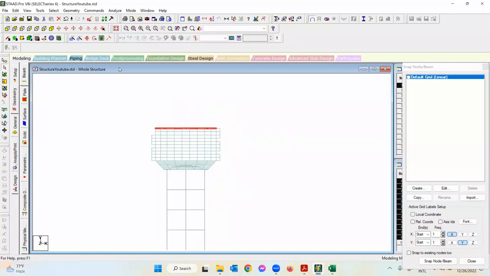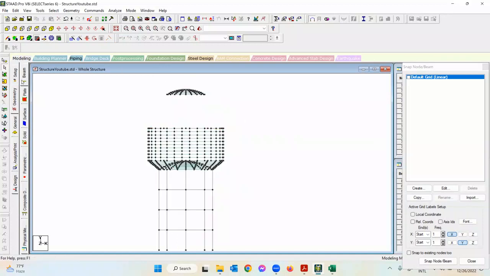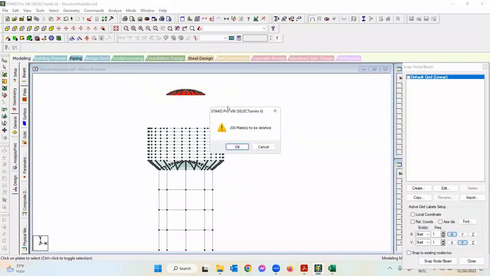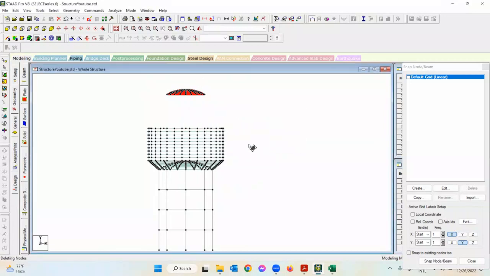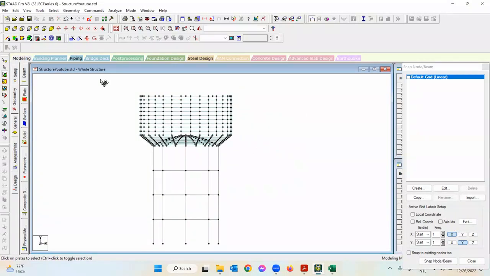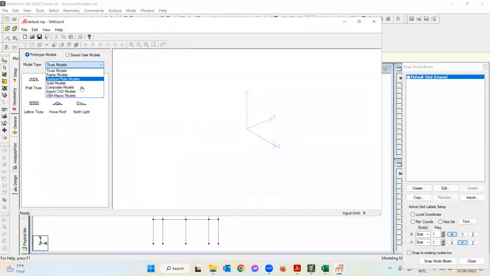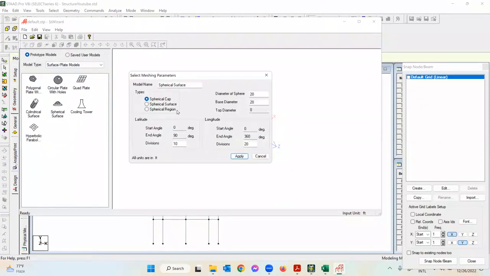So what I will do is I'll just select them. You can see it's not selecting because I have beam cursor there. So I need to select this to select the beam. If I need to delete anything, I just select those, and then press delete option from keyboard. It will delete it. So it has deleted the dome. Let me run the geometry again. Run structure wizard, surface plate models, spherical surface, and then